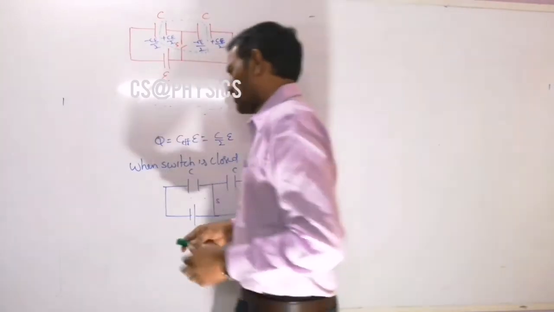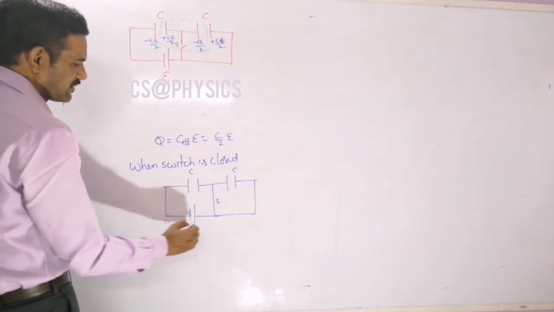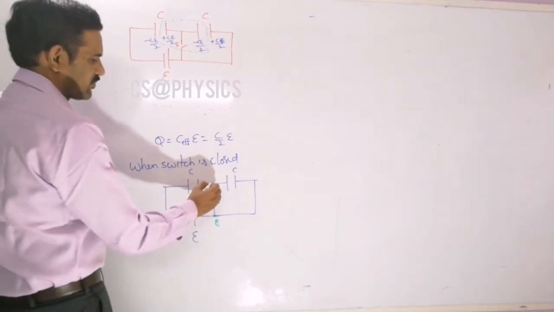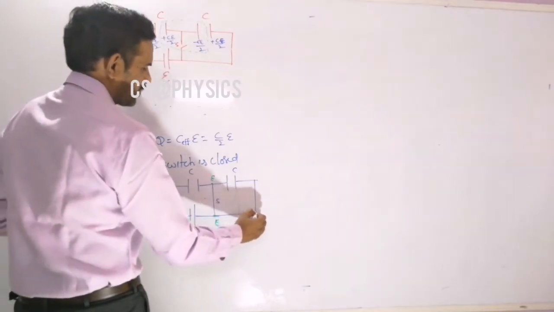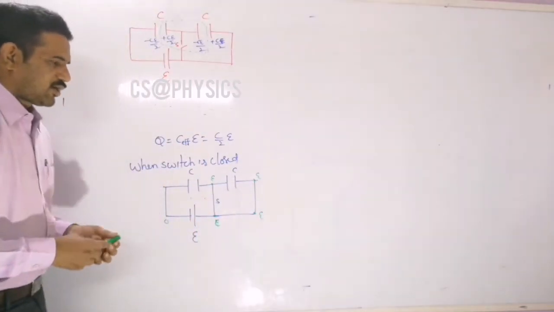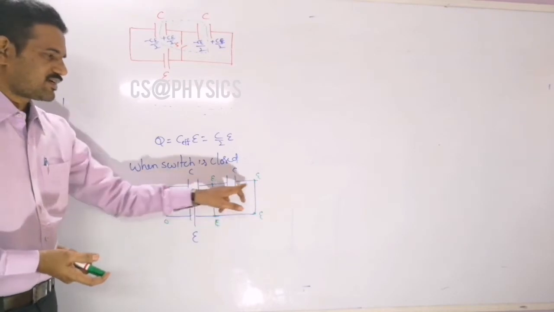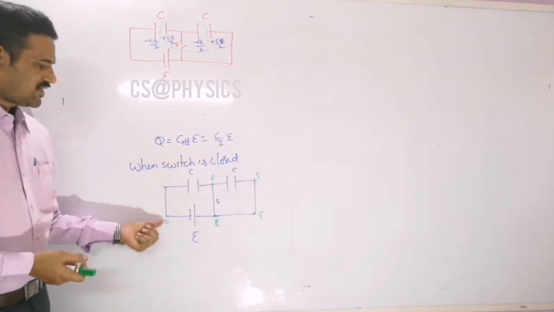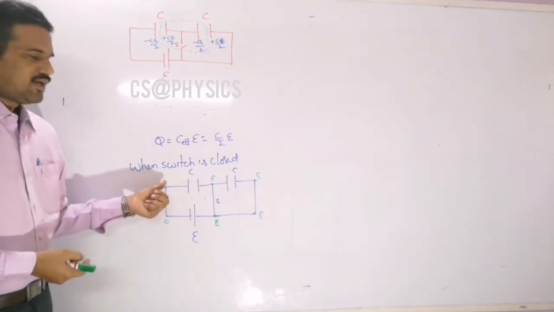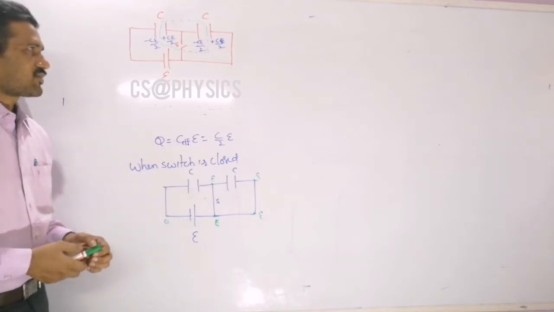For example, here I am taking the potential of this point as 0, let us consider. Then its potential will be E, right? And so here the potential is E, then here the potential is E, then here also the potential is E because it is a conducting wire. Now we can observe that the potential difference across this capacitor is 0. This side E is there and this side also E is there. But across the other capacitor, this side E will be there and this side 0 will be there. And so charge will be stored only on this capacitor, and no charge will be there on this capacitor.